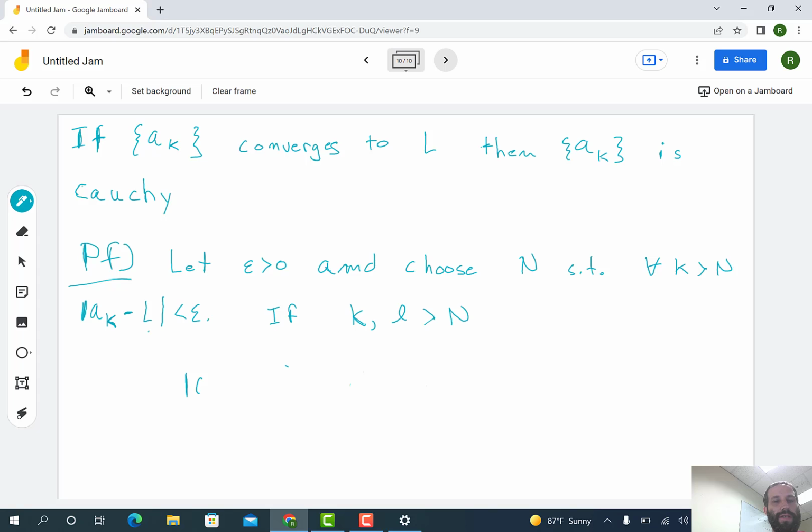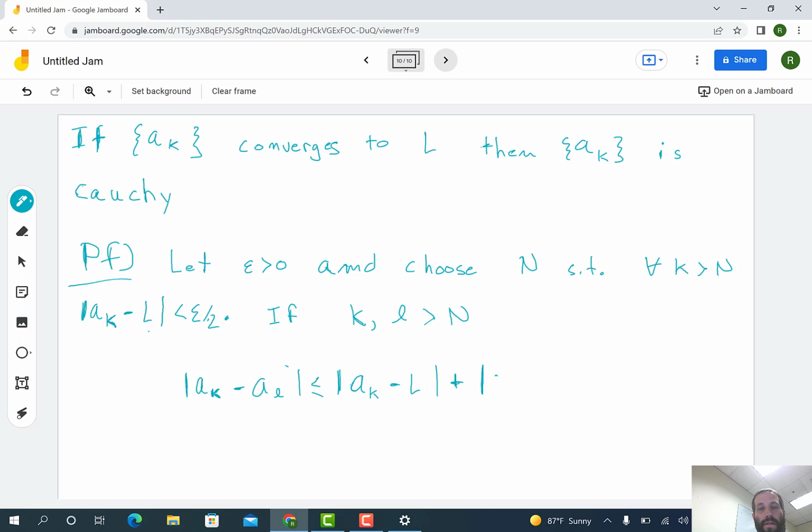What I need to show is that this is epsilon over 2. I need to show |a_k minus a_l| is less than epsilon over 2. By the triangle inequality, I'm going to do in 1 step something that I've been doing in 2 steps. If you have trouble following it, pause the video and think about it. That's fine. This is going to be less than or equal to |a_k minus L|